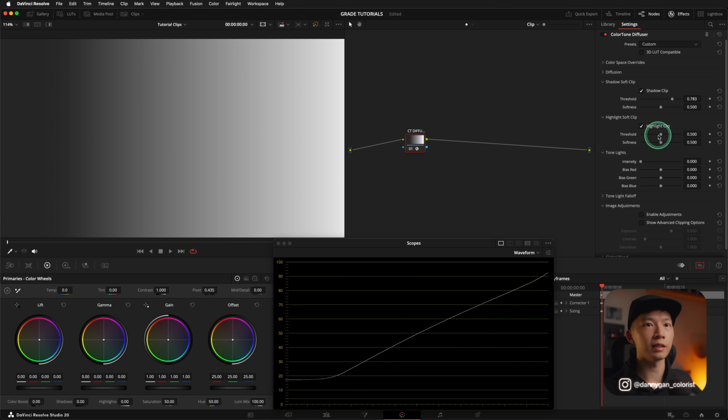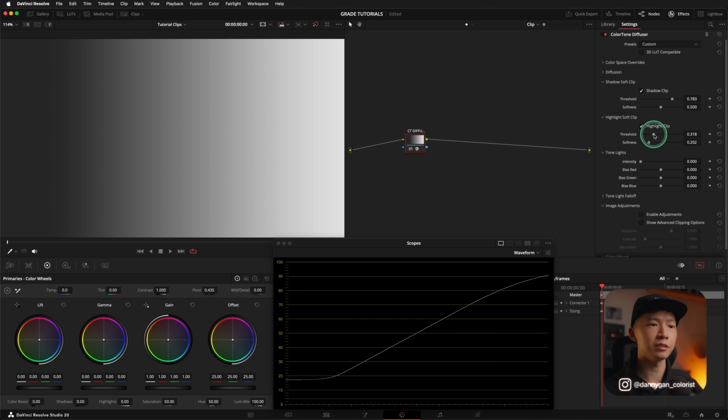If I go to 0.5, then it will be a smooth curve. Same goes for the highlights. If I reduce the threshold, it will create this cutoff point. If I reduce the softness all down to 0, you can very clearly see that it's reducing your highlight levels in a very harsh way. Of course, you can adjust for the roll off, but the highlight point itself is being dragged very aggressively in my opinion. So I wouldn't really use the shadow clip and highlight clip because in my opinion, there are other tools that